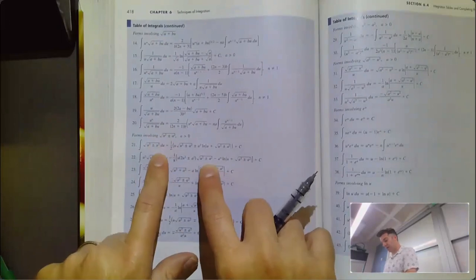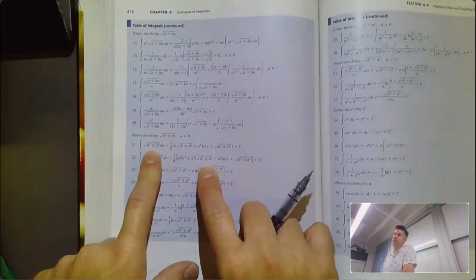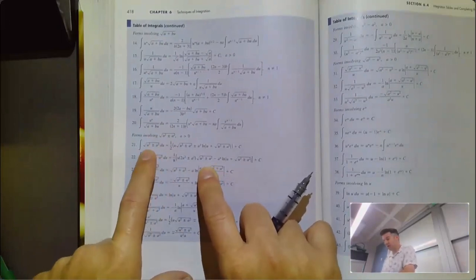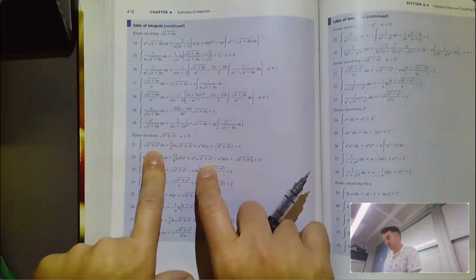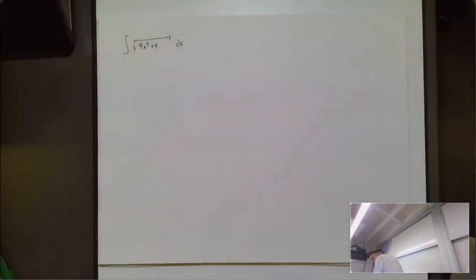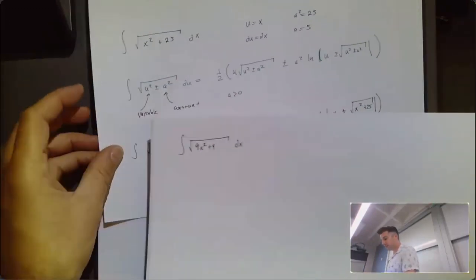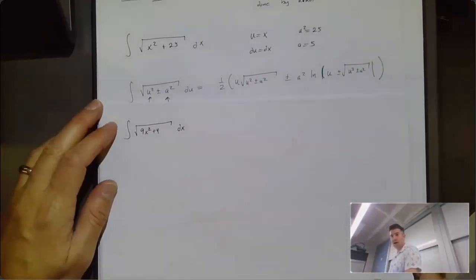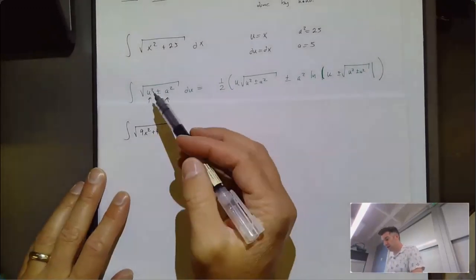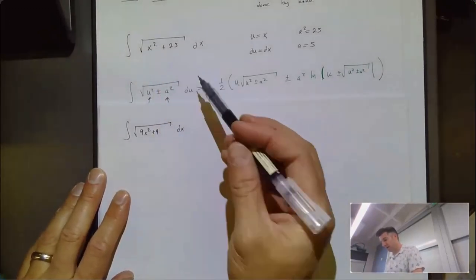So if I look at that, I want this first formula again. Right? It's the same formula as last time. It's my variable squared plus or minus a constant squared. So same formula. I don't think I need to write it out again, or I can in fact just put it right back there. But now, instead of letting u be x and a be 5, I need to let